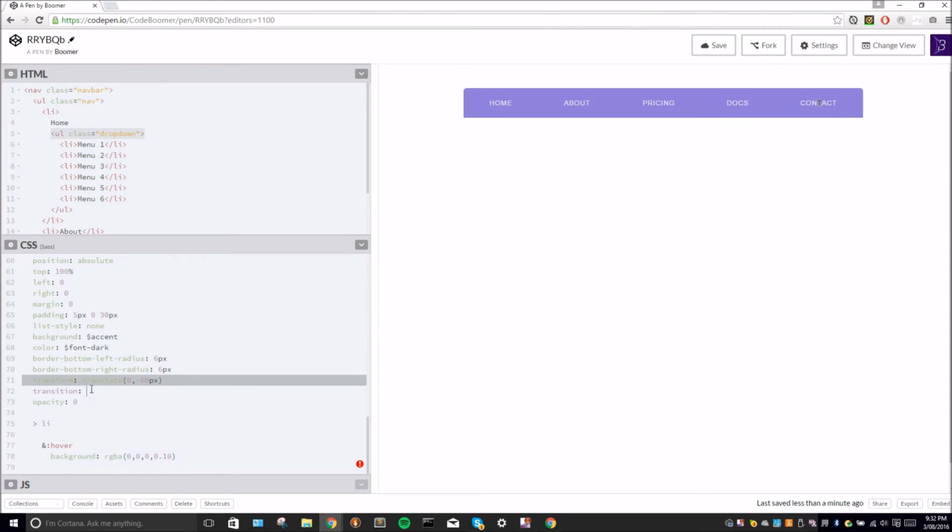Right, so what was it, transition? We'll apply that to the transform, 0.26, we'll do ease in, see how that looks. Is that too harsh? It's pretty harsh. We'll do ease out. That's alright. And last but not least, as you see, it's in front of the element, which we don't want,